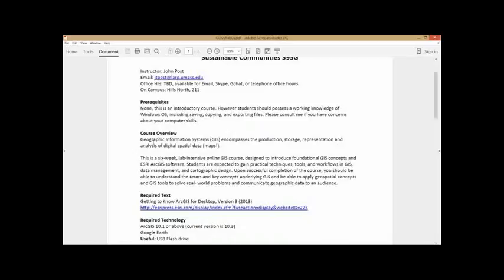things like data management and cartographic design. And hopefully once you're done with the class, you'll have a better understanding of the terms and key concepts in GIS, as well as being able to apply geospatial concepts in GIS to solve real-world problems and communicate geographic data to an audience. Maps are